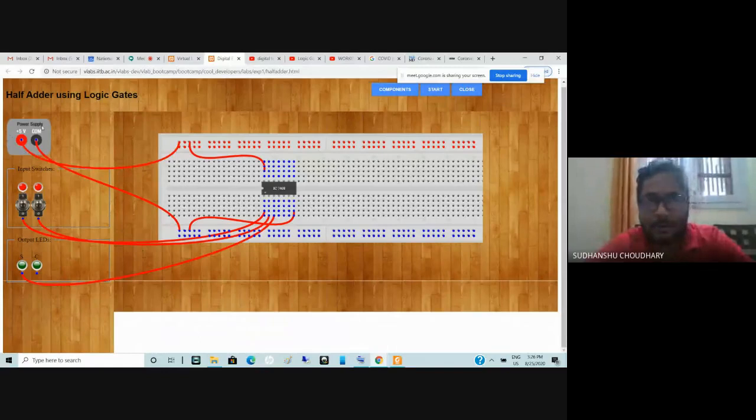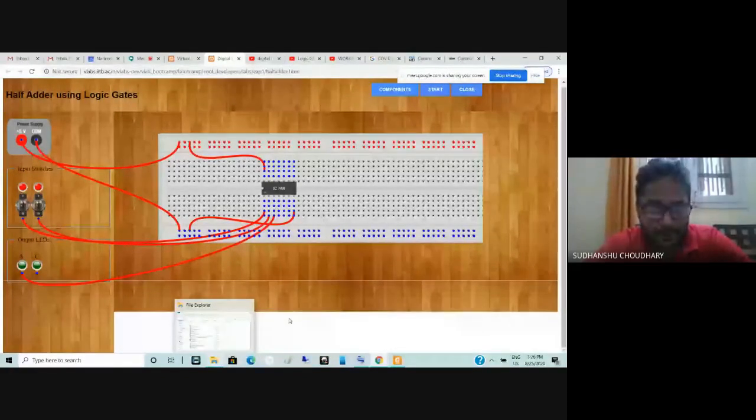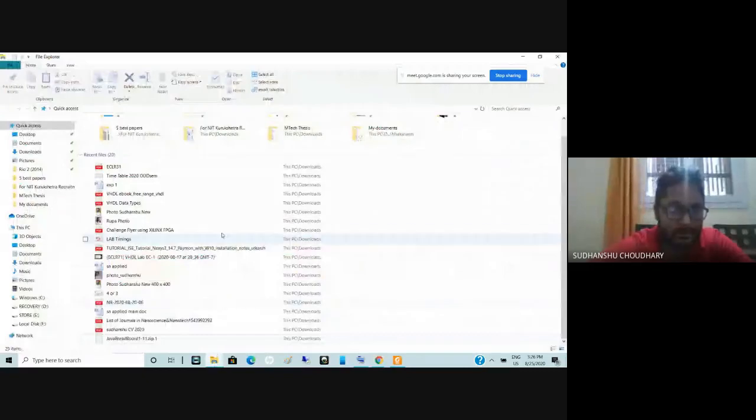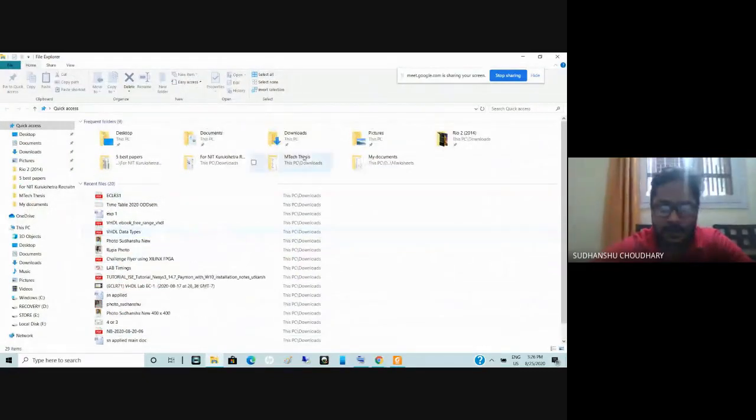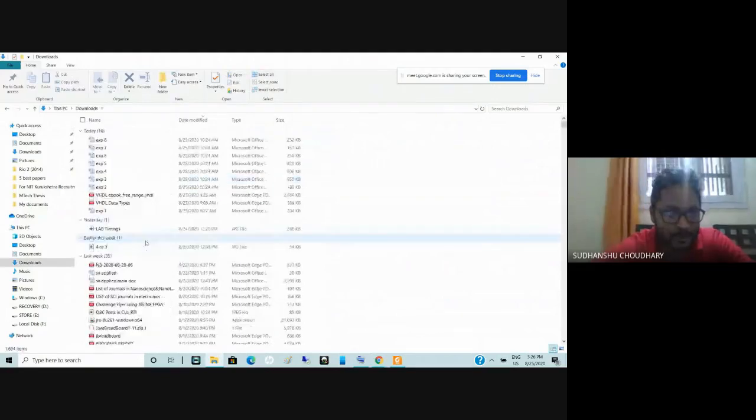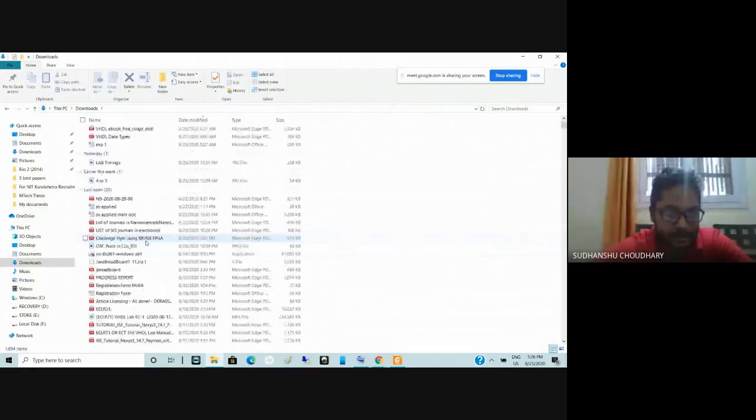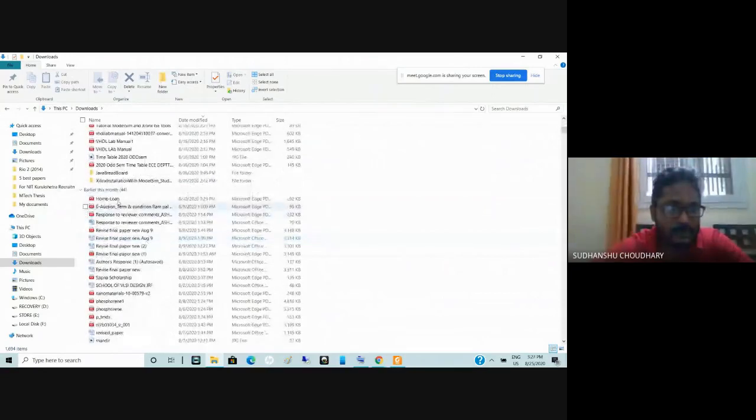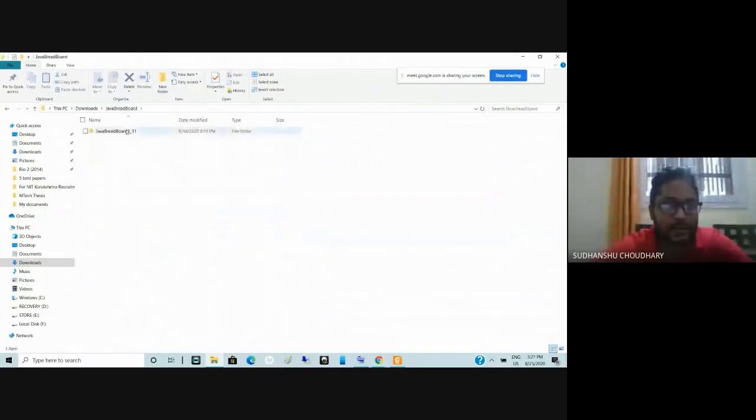Now, apart from this virtual lab, which can be accessed at IIT Bombay's website, you have another software. So I have found another software which is a freeware, open source, and the size is also too less, somewhere around 1 MB it is. So I'll share that software also with you. And the software's name is, I think, J Breadboard. So let me find out the software for you. The name of the software is J Breadboard, that is Java Breadboard. So you can utilize this software also.